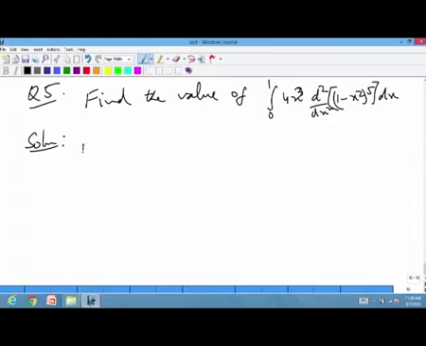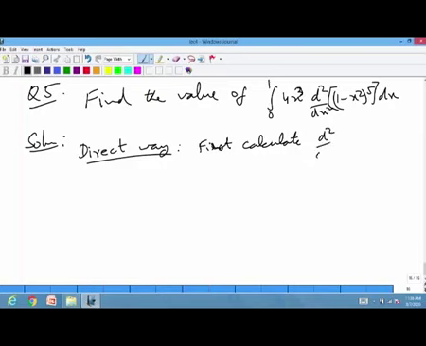So, one direct way is first calculate this second derivative,